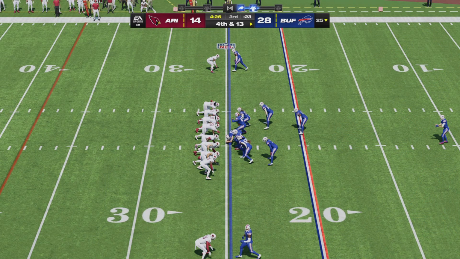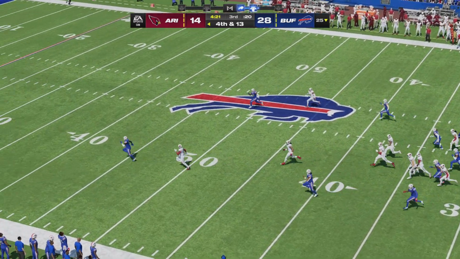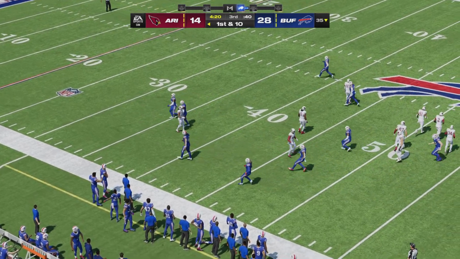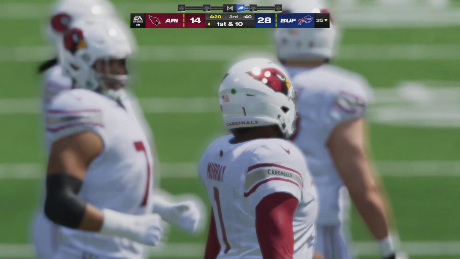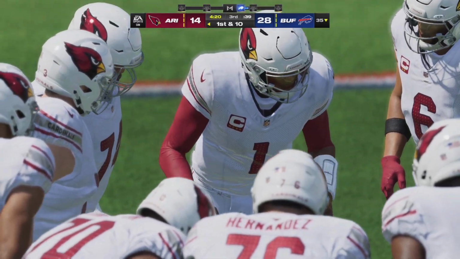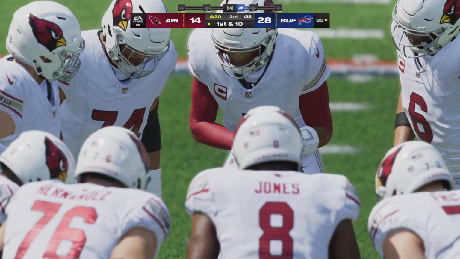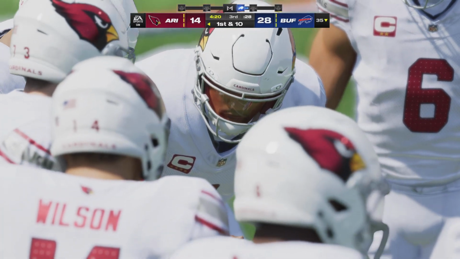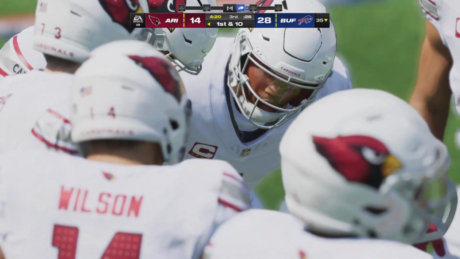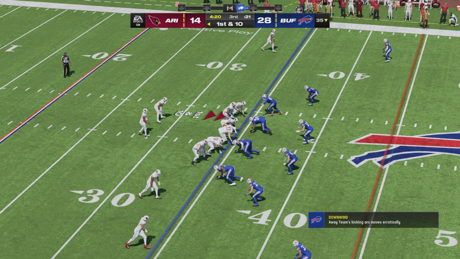Here's Sam Martin now as he's on to punt for Buffalo. And a fair catch called for and made just inside the 35-yard line. It'll be 37 yards there on the punt. And the Cards will take over 1st and 10. Murray and the Cardinals with a 1st and 10 at their 35-yard line.